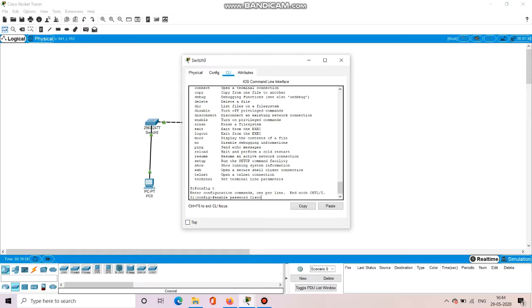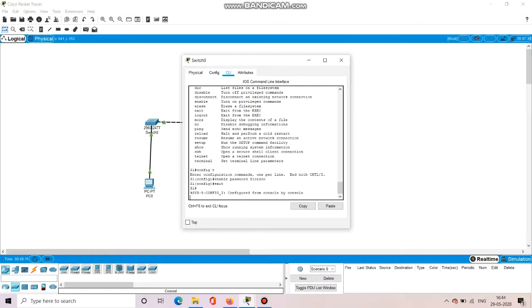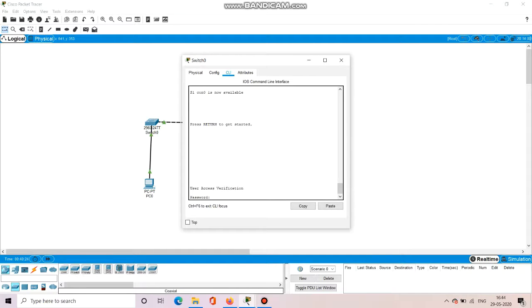Now if you want to secure the privileged mode access, let's discuss some other useful commands. If you want to find the different commands applicable in that particular mode, you can just write the question mark at the command prompt, and you will get the different commands which are applicable on that particular mode. Okay. Now let's provide security to the privilege mode access.